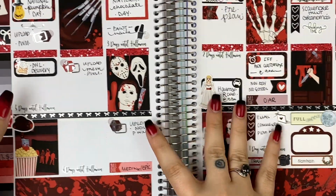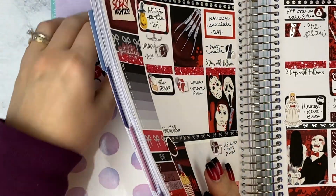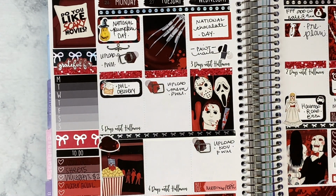Today I'm going to be memory planning for the week of October 26th through the 1st of November in my medium vertical Recollections planner using the Scary Movies kit by Wild Summer Designs, and this is a shop that I PR for,